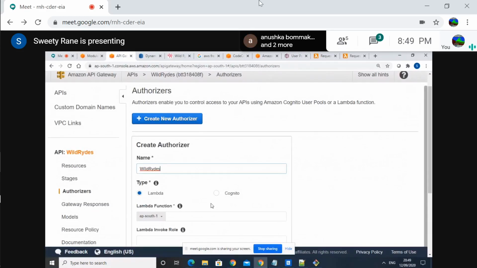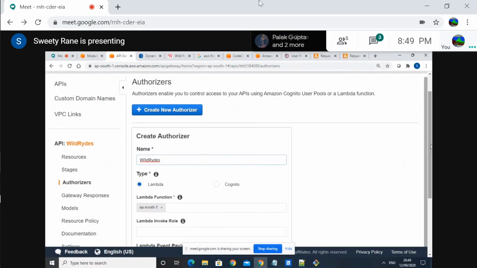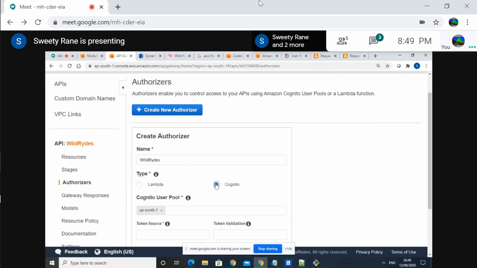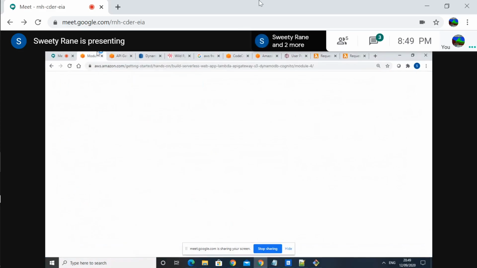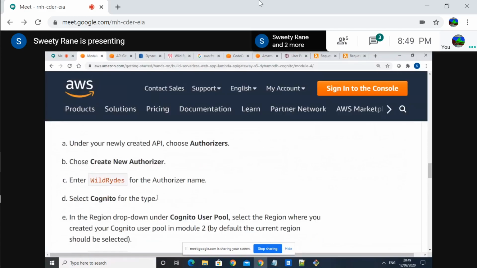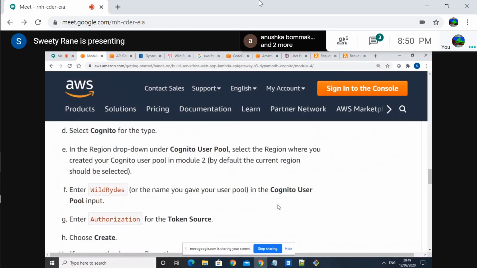Now remember, the front end cannot reach the Lambda directly. We are using Cognito for this authorizing, and then user pool is AP dash south. That is correct, and the name is wild rides again.